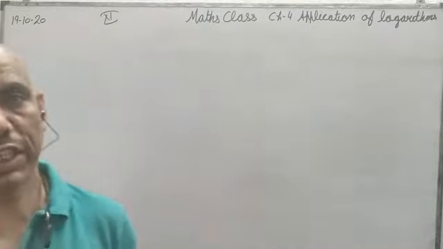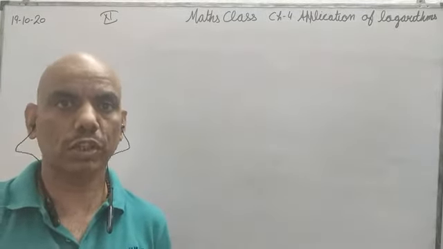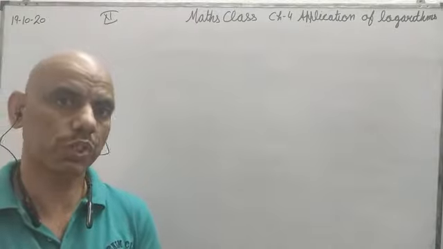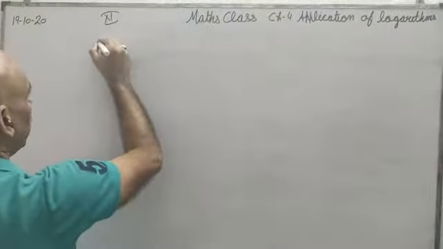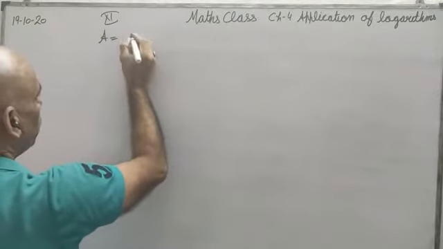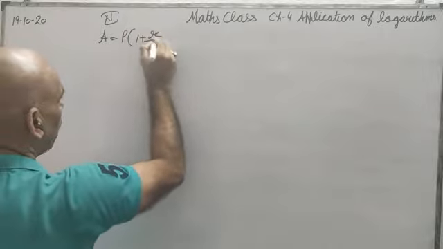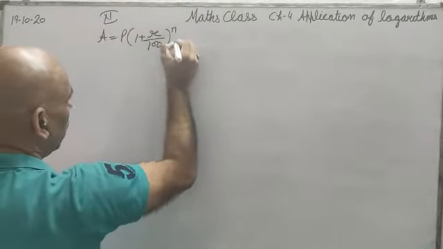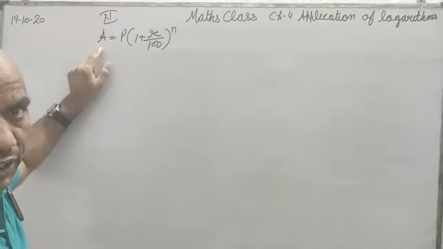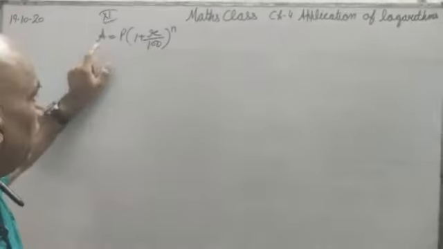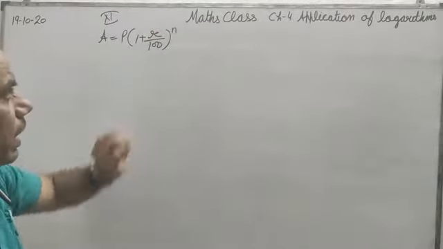So you all have studied compound interest in your previous classes, that when we have to pay interest on the interest also, that is a situation known as compound interest. In compound interest we have just one formula: the amount can be calculated with the help of principal, 1 plus r upon 100, to the power n, where A is the amount which we will receive after a certain number of years, P is the principal which has been invested, R is the rate, and